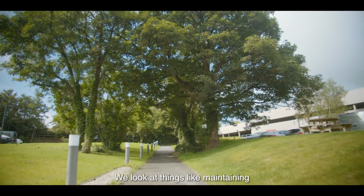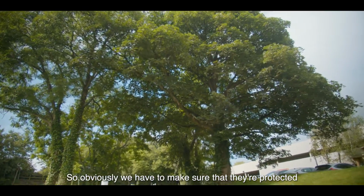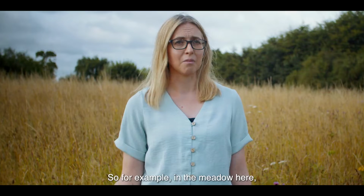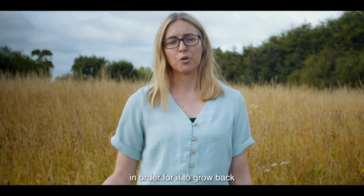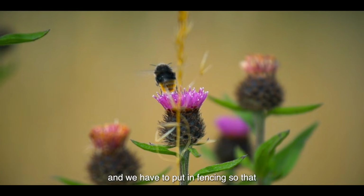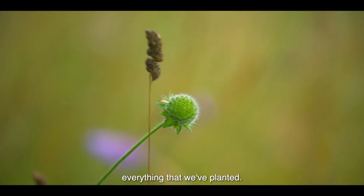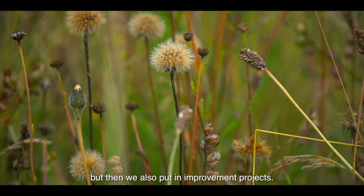We look at things like maintaining the existing features that we have, so obviously we have to make sure that they're protected and that they're maintained. So for example, in the meadow here, we have to cut back the meadow once a year in order for it to grow back, and we have to put in fencing so that we don't get deer basically eating everything that we've planted. So there's kind of continuous things that we do year on year,